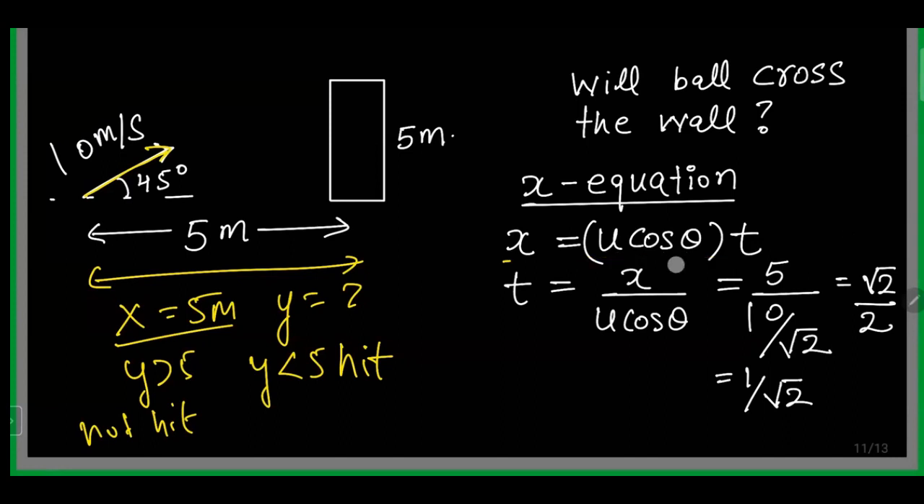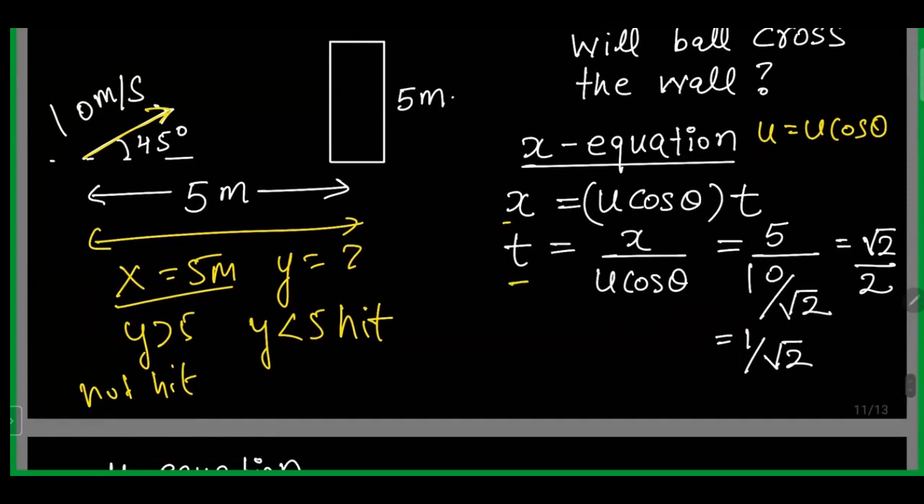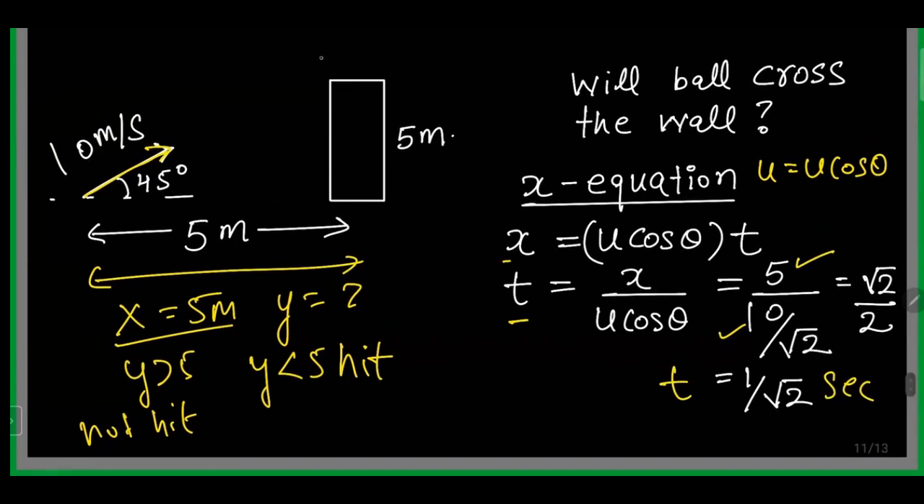And we already discussed what u is. u equals u cos theta along the x-axis, the initial velocity. So what is time? Time will be x by u cos theta. x is 5, u is 10, cos 45 is 1 by root 2. If you solve this, you will get an answer of 1 by root 2. So what did I actually calculate? I calculated after what time it will reach here. So it will reach the wall after time 1 by root 2 seconds. If I know that the ball will reach here after 1 by root 2 seconds,